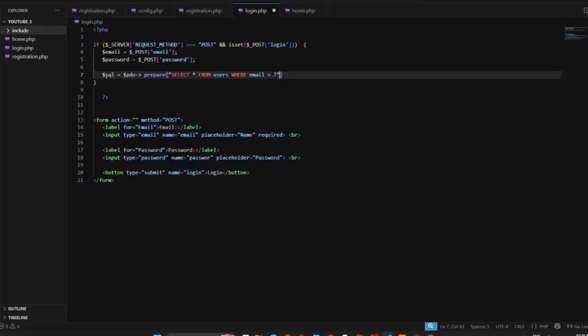If you can see here, this is just like a variable holding these things together. So this one is an object. That's why it has this arrow sign, this greater-than sign, with prepare statement, an HTML keyword. The DB is coming from